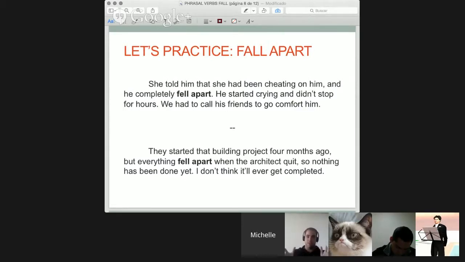Just to live there in the state that it is without continuing it. It could be like to be just unattended. Yeah, so fell apart. So if I say,